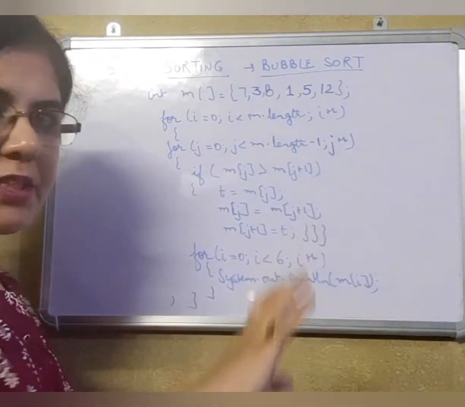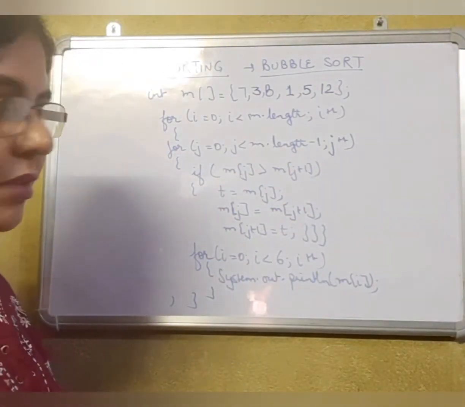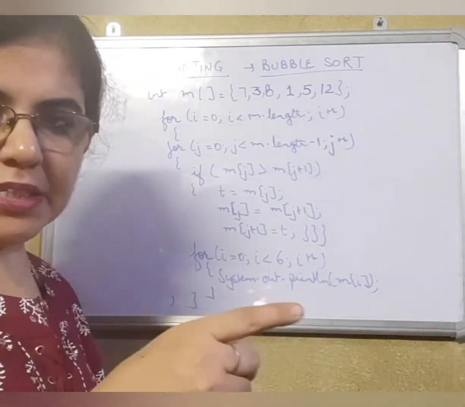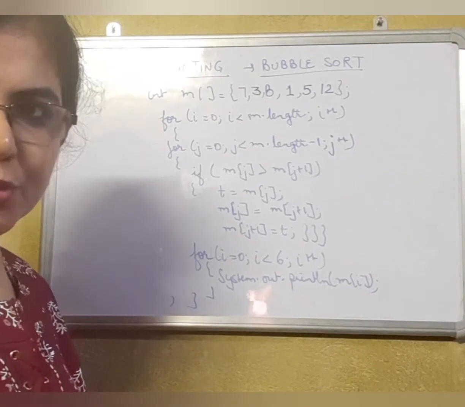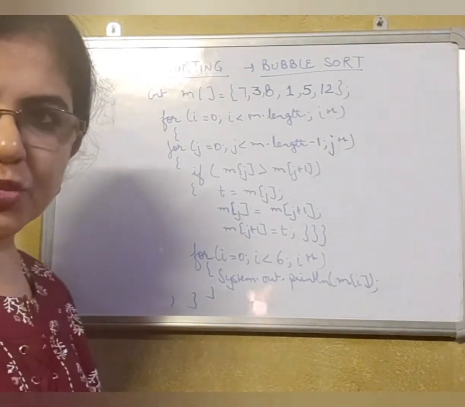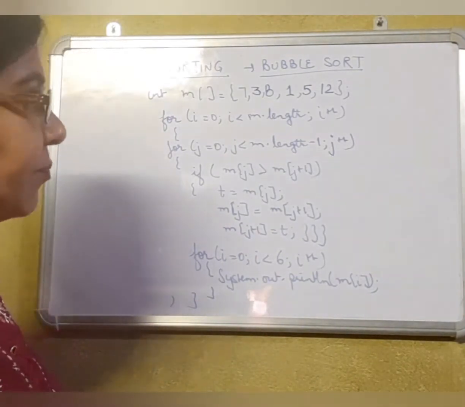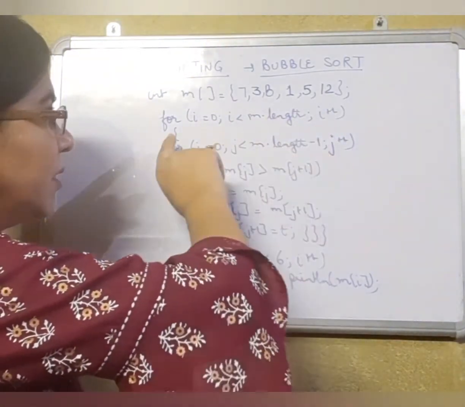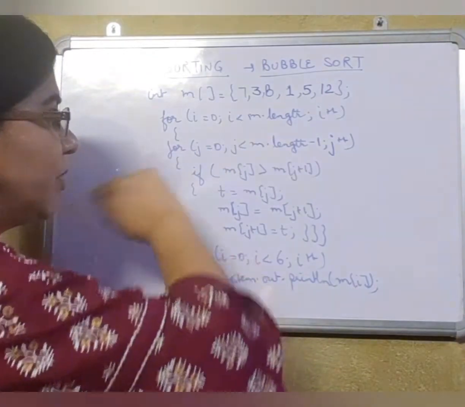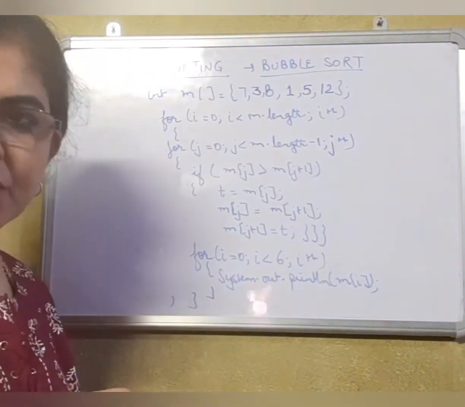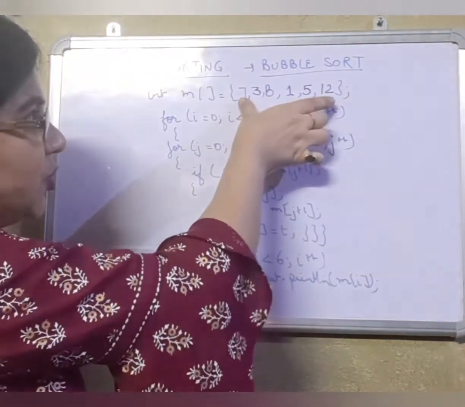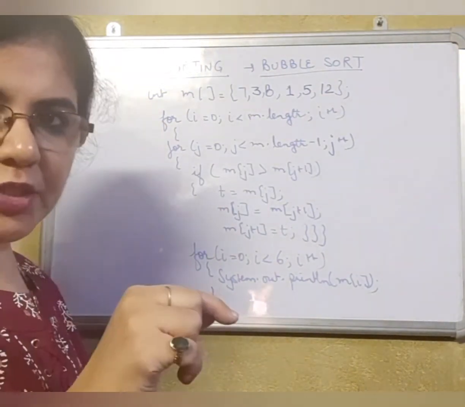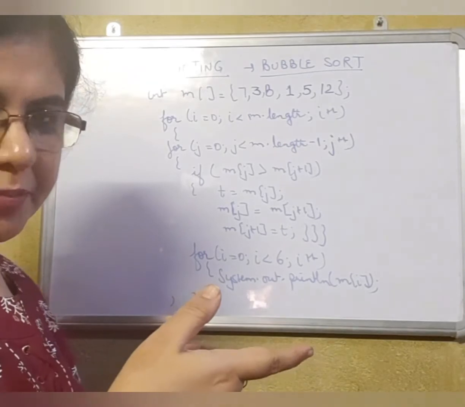The j loop has finished. It has stopped. And in this process, we only got one result. The biggest number 12 has moved to the last position. Only this much result has come in j. Now when i plus plus becomes 1, 1 is less than the length of the array, j will restart with 0 and whatever changes it had made last time on the array, on those changes it will work again.